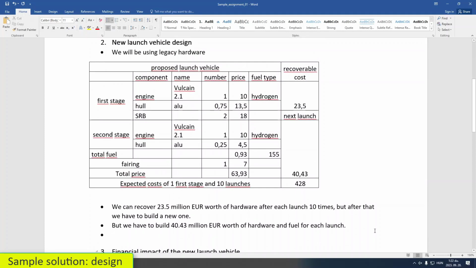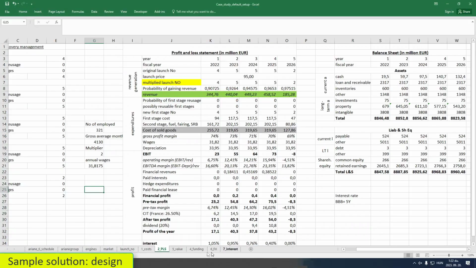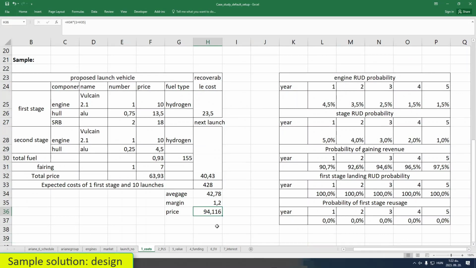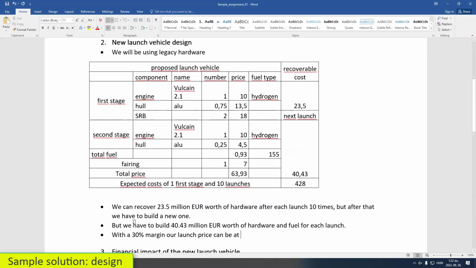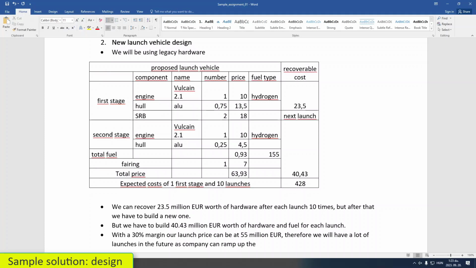But in this case, it's a 30% margin, or launch price can be at, what is our, what? Yeah, this is the original. Okay. Yeah. So 55. As the company can ramp up the